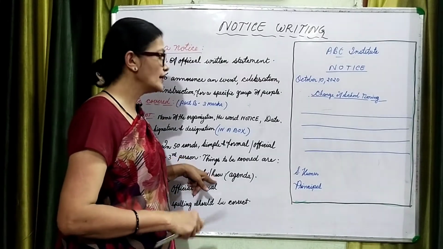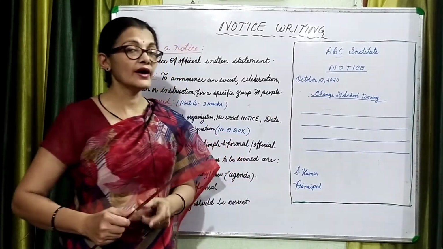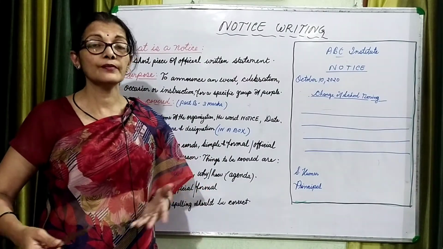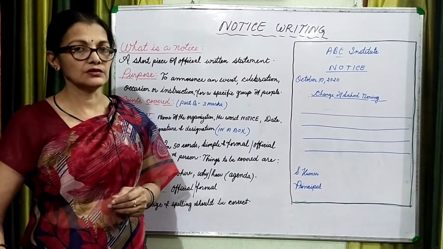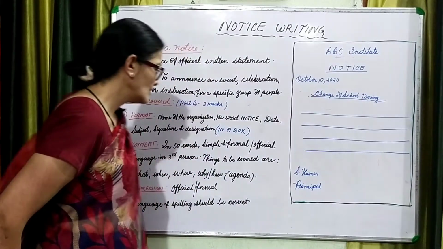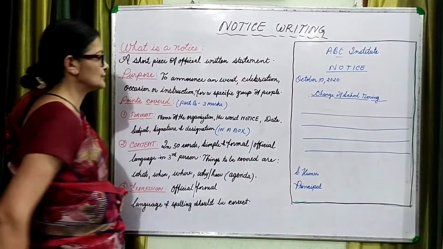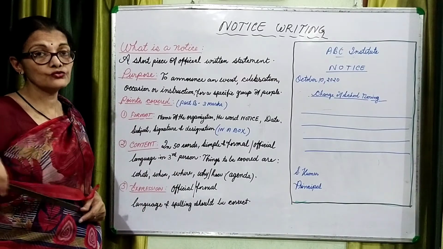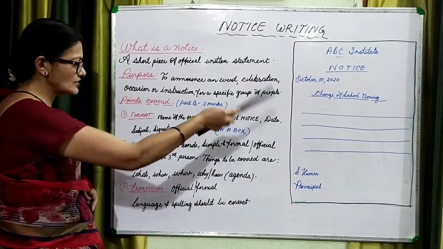Why and how. Why means the purpose of that event, why that event is going to be held, and how will it be performed. If there is any particular thing you want to inform, if any chief guest would be there, you have to write that also. Those things should be written in a clear and exact way. All these things we call the agenda. In formal, official language, these details which we inform the person reading the notice are called the agenda of the meeting.